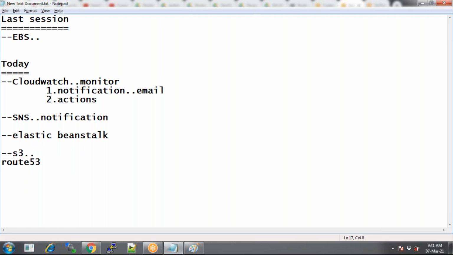These three are somewhat related. I'm going to take an example. S3 is for storage purposes. If you want to store your data, you store it there. For example, I have a sample application, and I will be storing it on S3. After I store my application on S3, I would like to host it.